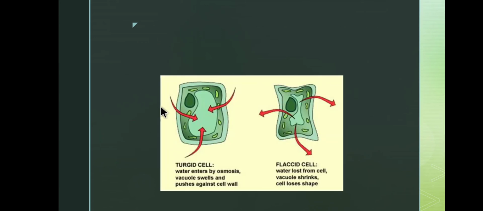See, in this diagram we have seen that in turgidity the water tends to move inside the cell, making it fully distended with the solution. And in flaccidity, the opposite is happening, where the water moves outside the cell, leading to the shrinkage of protoplasm. Okay, so this state of shrinkage of protoplasm, when kept in a hypertonic solution, is called a flaccid cell.